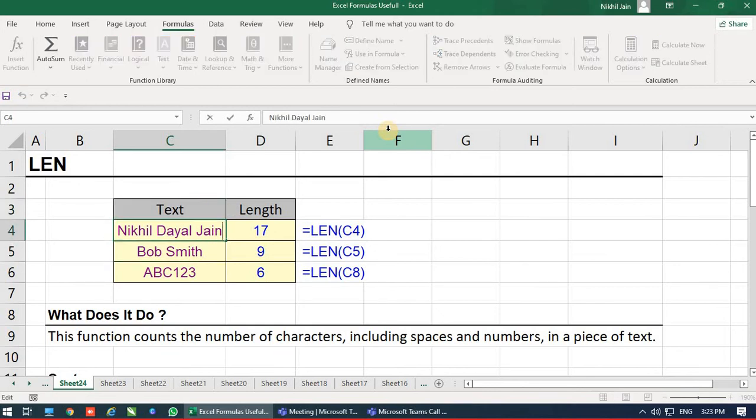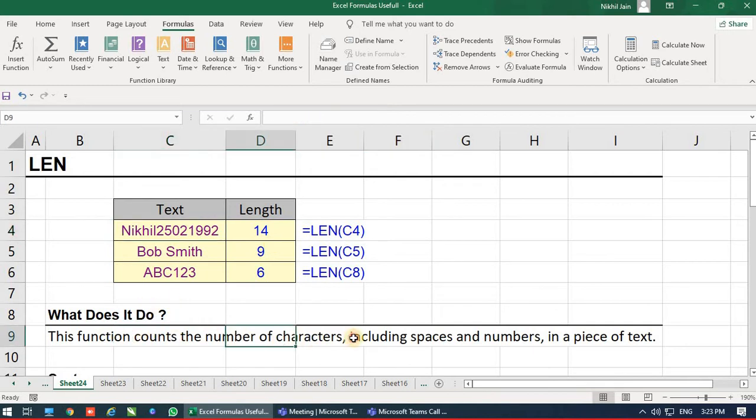And what about numbers? If I write Nikhil 25021992, a date of birth, yes, it calculates numbers also. This function counts the characters, including spaces and numbers, in a piece of text in a single cell.